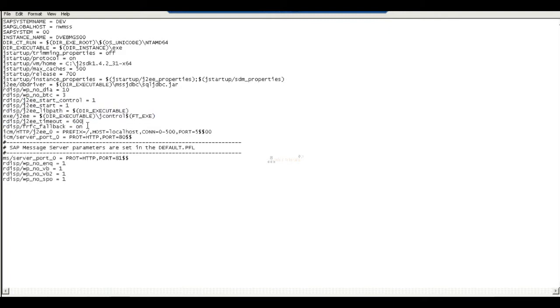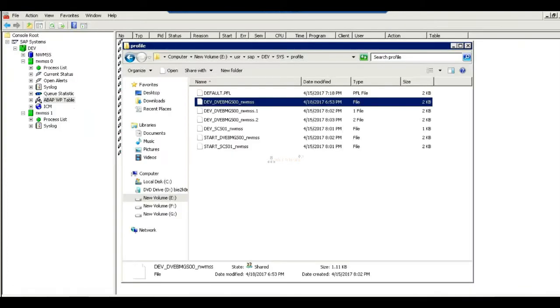So these are the profiles I have, and if you want to change any profiles, you can change them at OS level or at SAP level. Both ways you can change it.